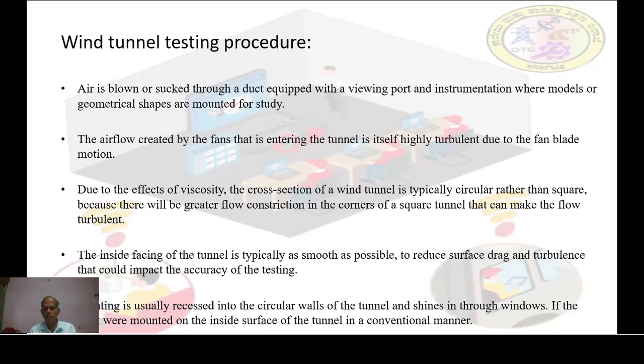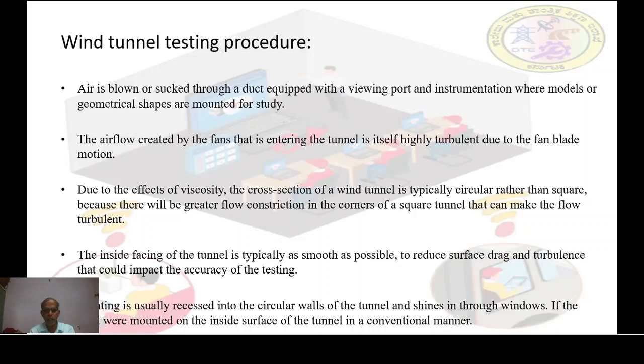For very large wind tunnels, several meters in the diameter, a single large fan is not practical, and so instead multi fans are used in parallel to provide sufficient airflow. Due to the sheer volume and speed of air movement required, the fans may be powered by stationary turbine engines